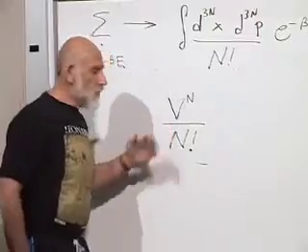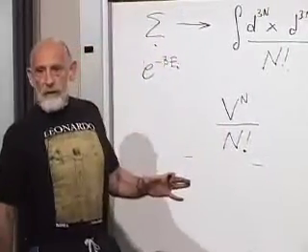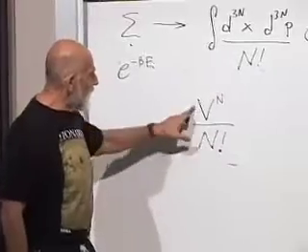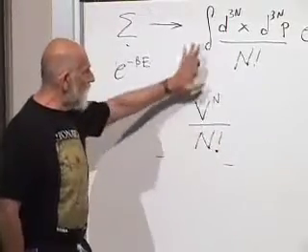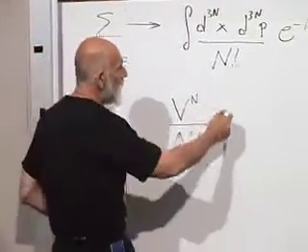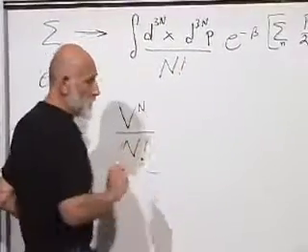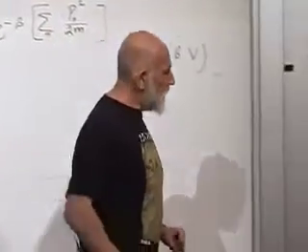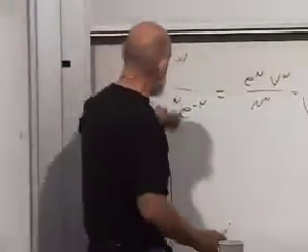The reason I want to leave it in terms of the volume is that later on I want to differentiate with respect to the volume to calculate the pressure. Okay, here's the entire dependence on the volume. There is no other dependence on the volume. And the rest of it is just this P integration. So we have to figure out how to do the P integration. And the P integration is actually easy.